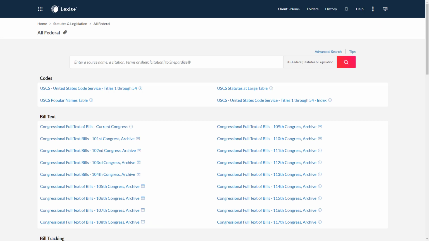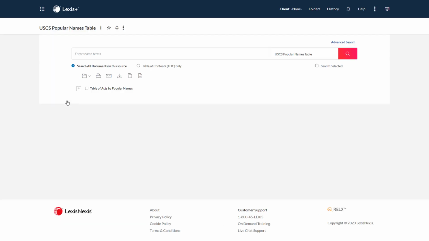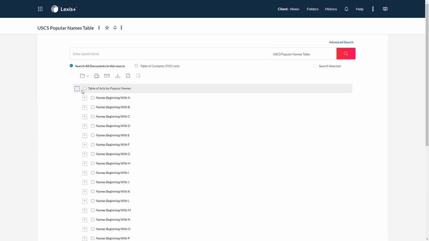And then going back to our federal statutes page, the other tool I want to point out is the popular names table. Some statutes are known by a popular name, such as the Homeland Security Act or the Americans with Disabilities Act. And so you can search for these popular names in the popular names table, and then it will tell you where these statutes live within the code. And again, you can browse